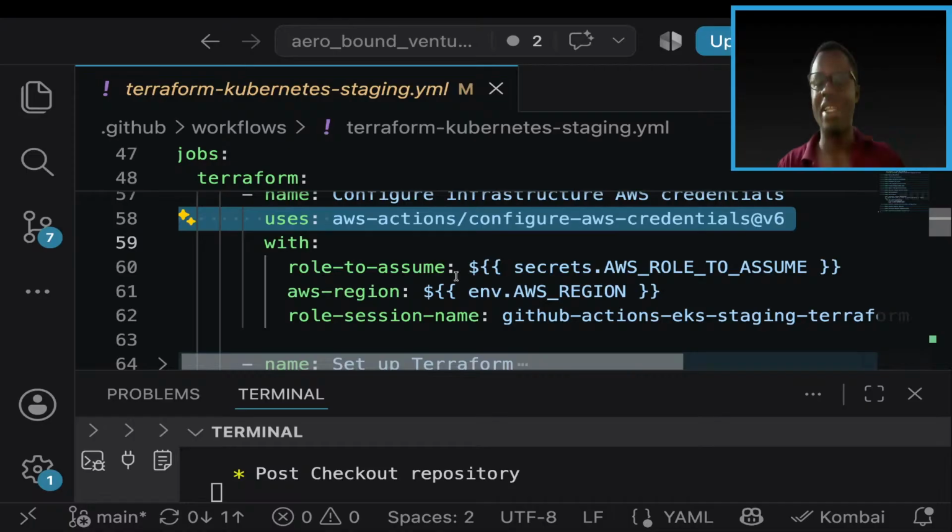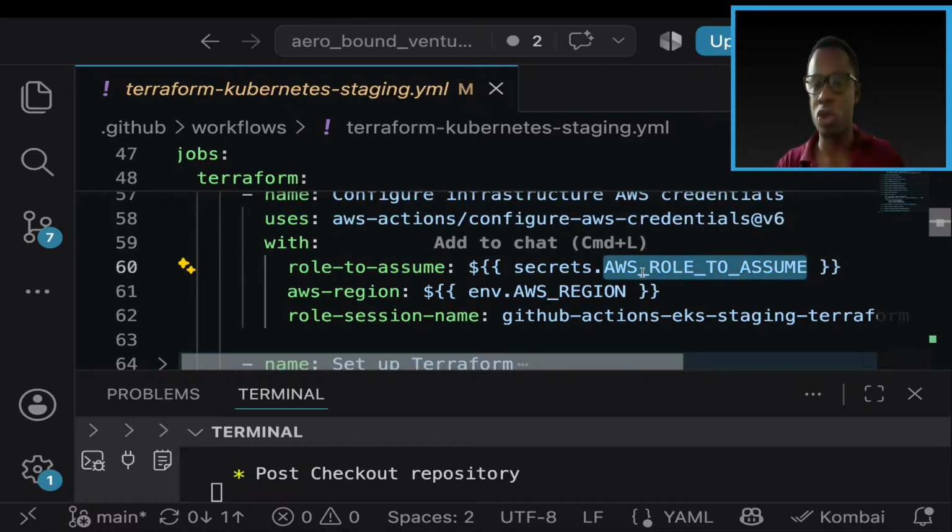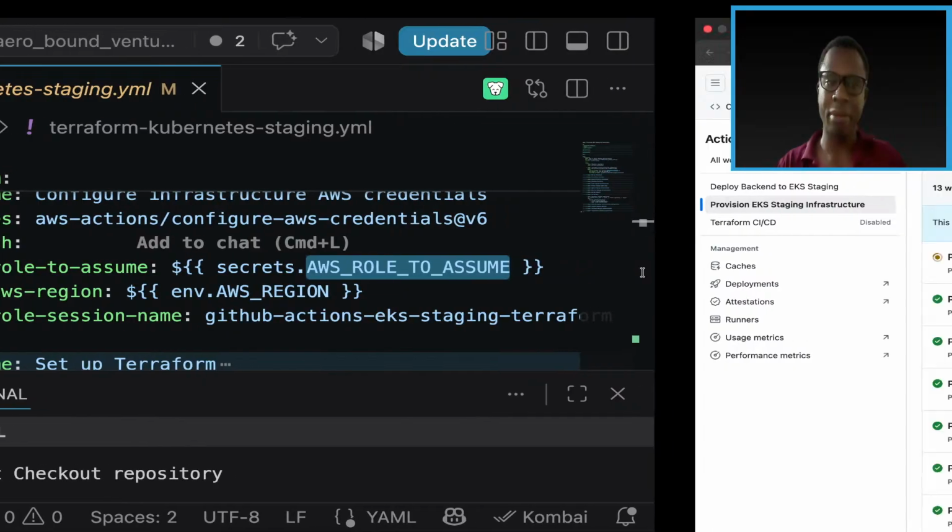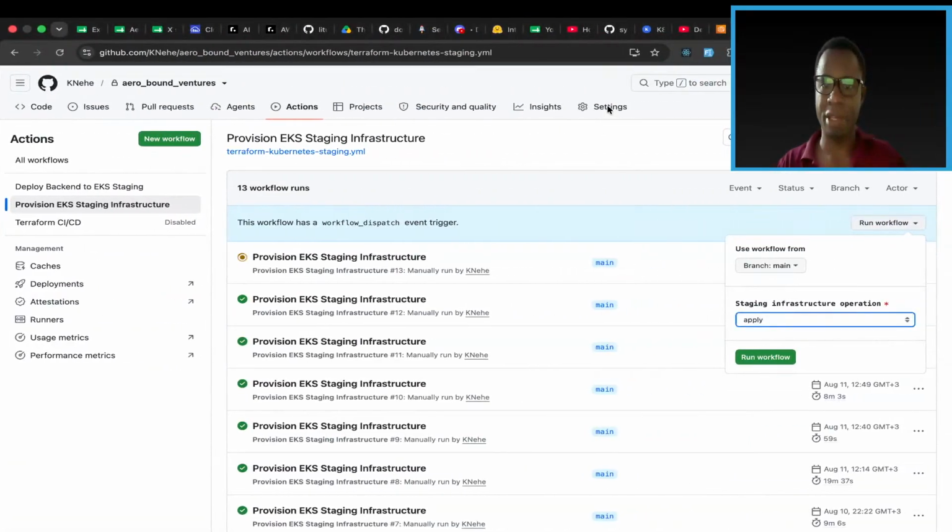So this does the OIDC, the thing that I told you about, okay. We give it a role to assume, okay. This is the role to assume we put in the GitHub secrets, okay. Let me show you